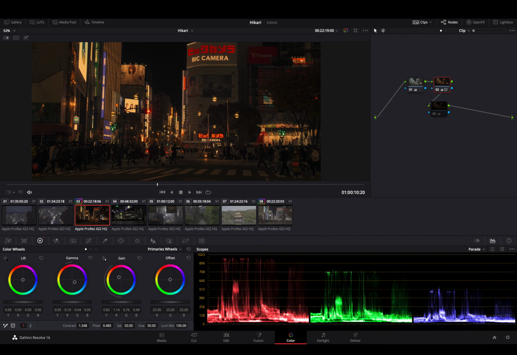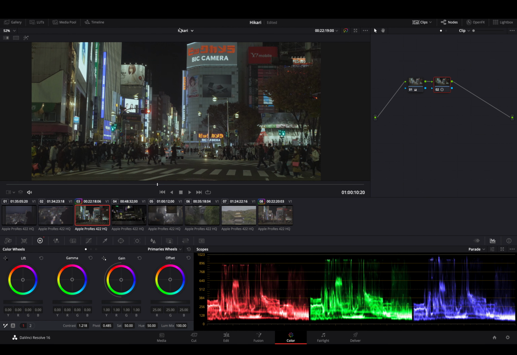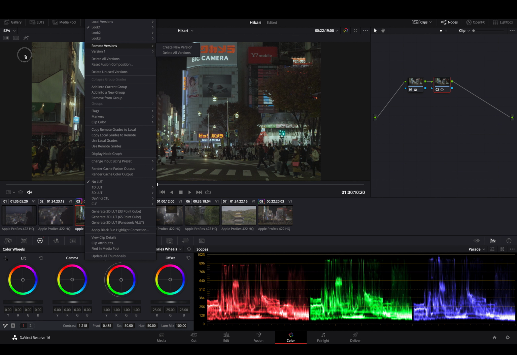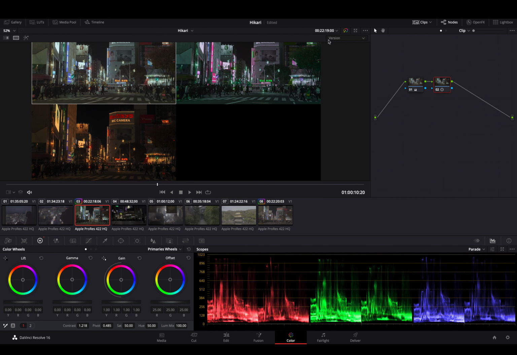And by doing this, I created 3 local looks. These are cool because if I want to switch between them, I can just go into look 1, look 2, and just press load to load it. Or better, if you have created more versions, you can just go there on our split screen and go on versions as I was there, and you have all your versions of this clip,